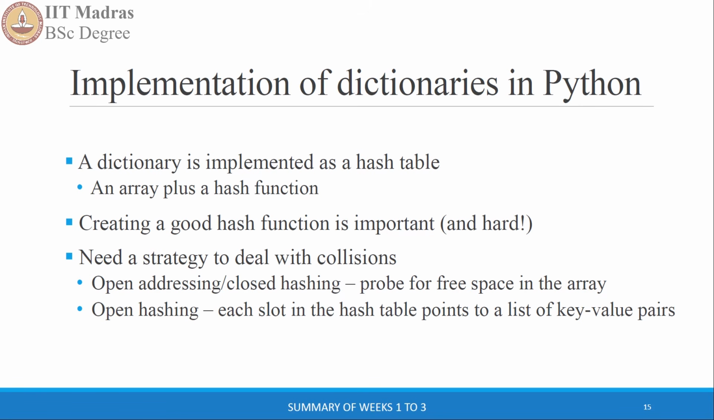And we have studied two different strategies, closed hashing and open hashing. In closed hashing, we probe for free space in the array, whereas in open hashing, each slot in the hash table points to a list of